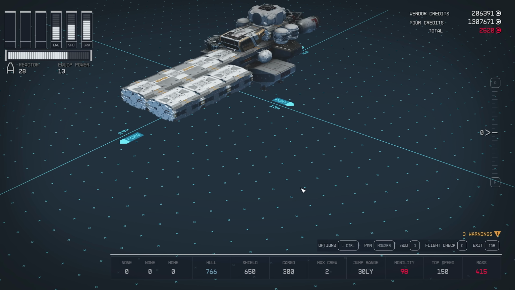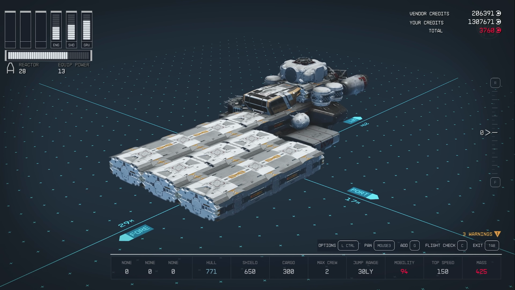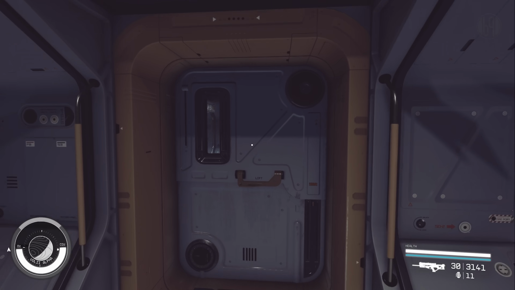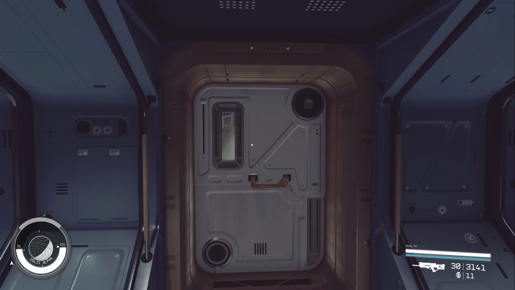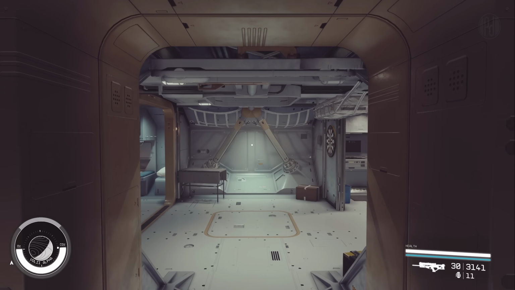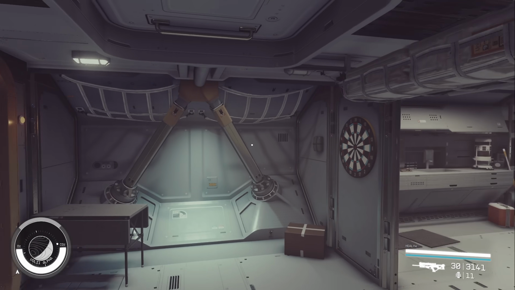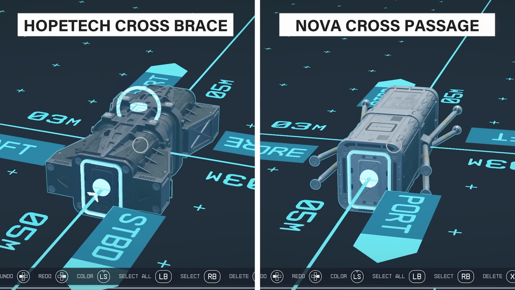When dealing with 3 companionways, we encounter another bizarre situation. And this time, the connections form in the middle, while the other 2 companionways lead to straight dead ends. As mentioned earlier, when connecting 2 modules using companionways or storerooms, avoid using more than one. If your goal is to establish a looping interior, your only valid options are the HopeTech Crossbrace or Nova Cross